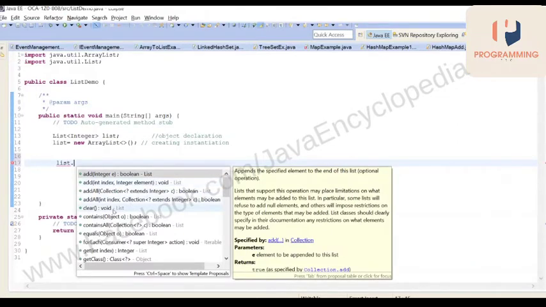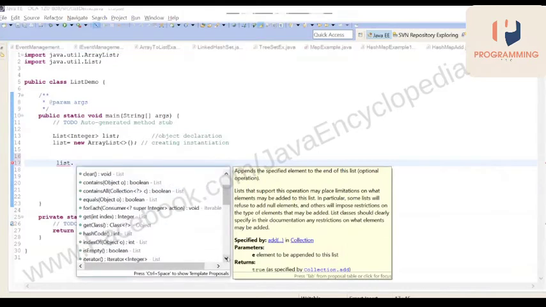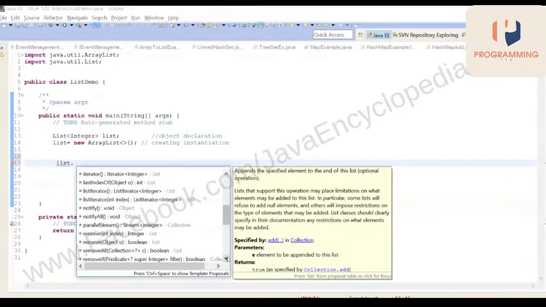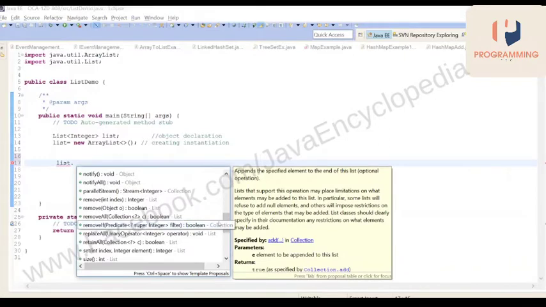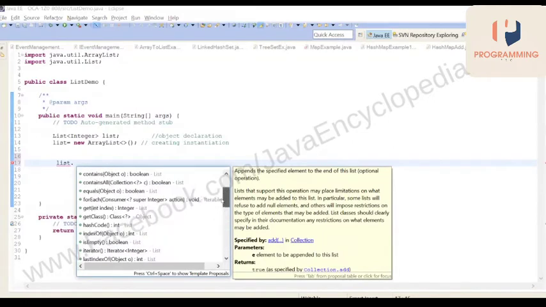Clear came from Collection. So some methods are from Collection and some methods are from List. Remove and removeAll are from Collection. We know all 10 methods will be present in every other collection.